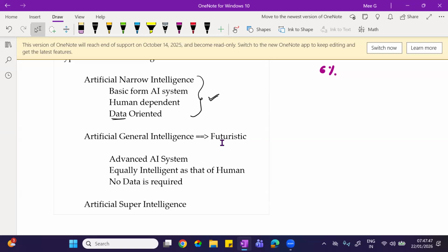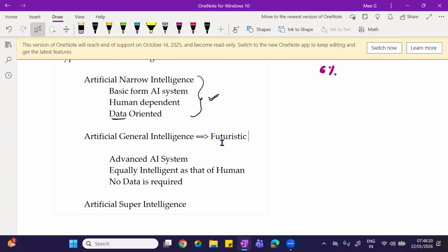There are so many AI research institutions putting billions and billions of dollars into research so that they can move on to this general intelligence. Again, it has been documented. You can go and search for it, you will find it. So they say that this is the best phase of AI.